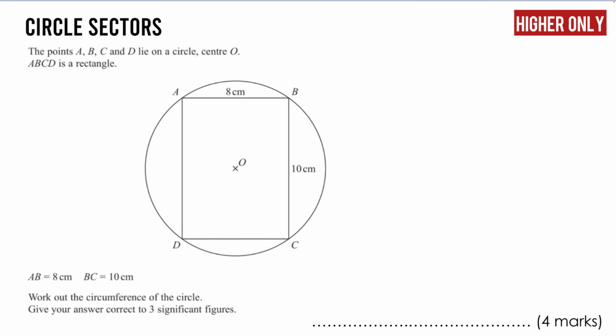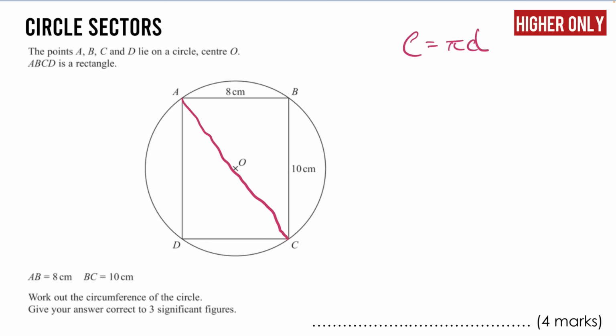Okay, so for this question we're going to be looking at a circle problem, not necessarily a sector here, but a really nice little circle problem. Now it wants us to work out the circumference of a circle, and the formula for that is circumference is equal to pi times diameter, which means the problem here is working out the diameter. Now we have this rectangle inside the shape, and spotting the process for working out that diameter, I guess, is the challenging part here,